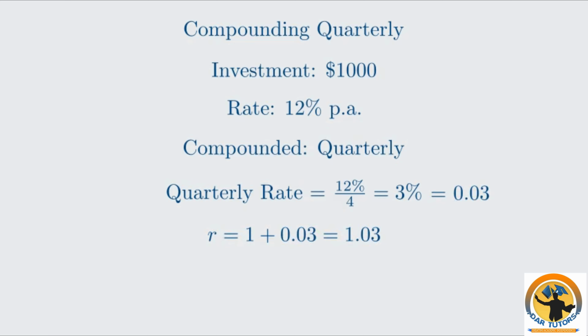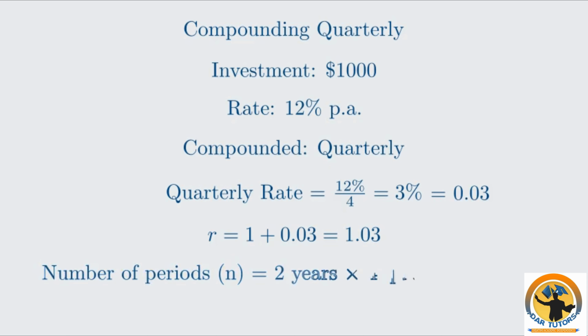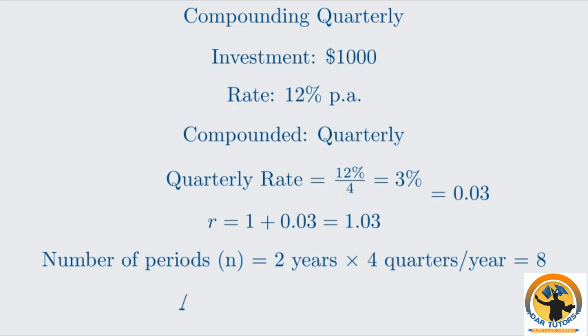Now, let's say we want to find the amount after 2 years. How many compounding periods are there? Since there are 4 quarters in a year, over 2 years there will be 2 times 4, or 8 compounding periods, so n equals 8. Now we can use our formula. The amount after 8 quarters is the initial investment of $1,000 times our growth multiplier of 1.03 to the power of 8. This calculates to approximately